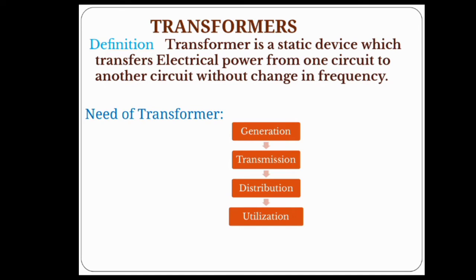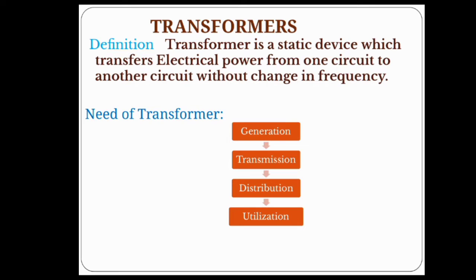In general, a thermal power station is installed nearer to the water sources. So there are a number of factors that influence installing a generating station. In general, all these generating stations are installed very far away from load centers. So we have to transfer that power towards the load centers. We have to transfer all the generated power to the load centers.